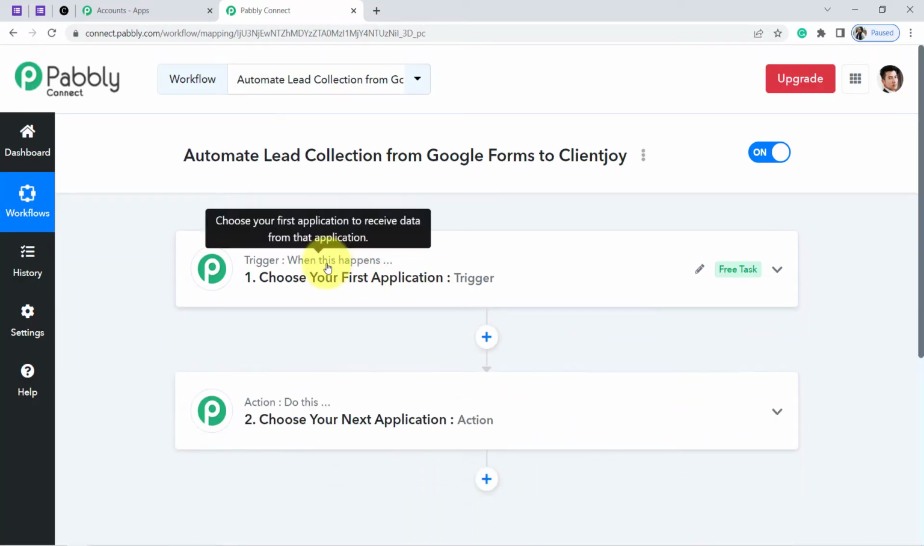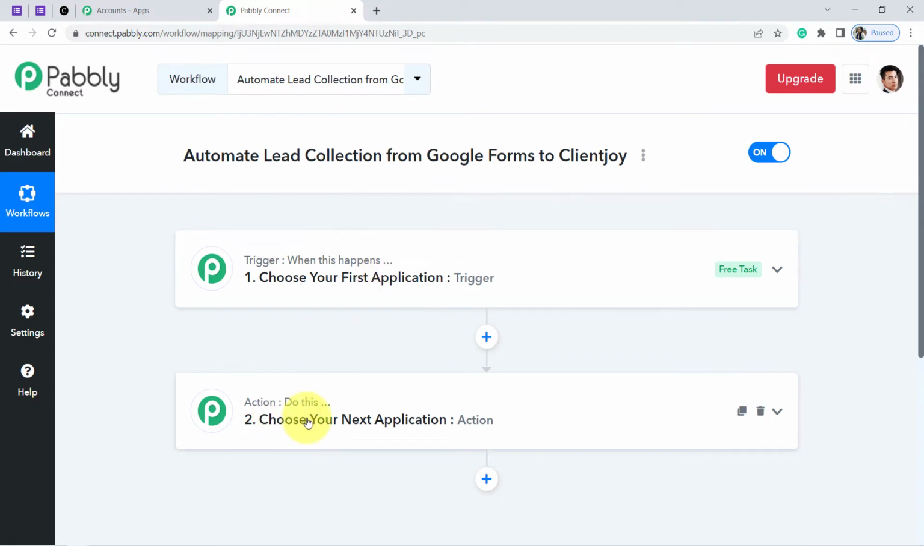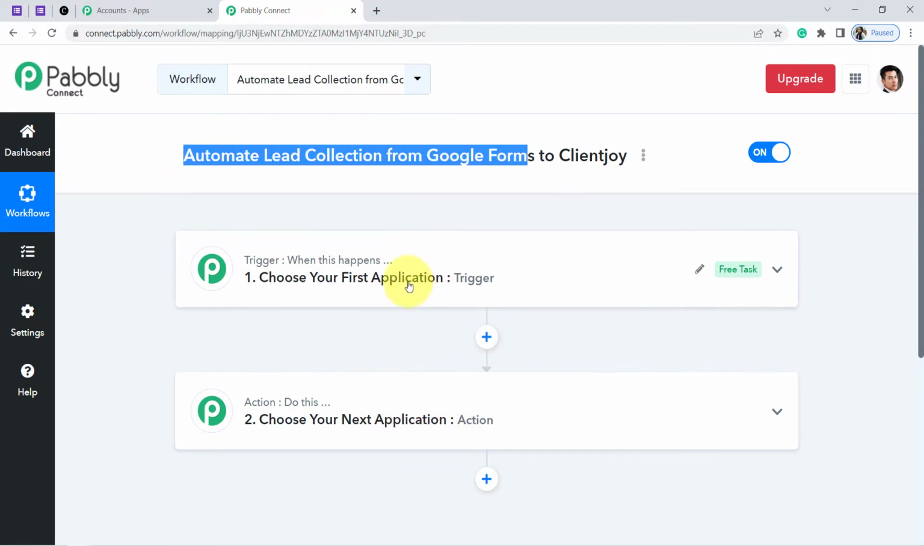Trigger means when this happens, action means do this. Understand with an example: whenever a sale happens in a payment gateway application, send an email via the Gmail application. According to our use case, whenever this form is submitted in the Google Forms application, add the very same form submission